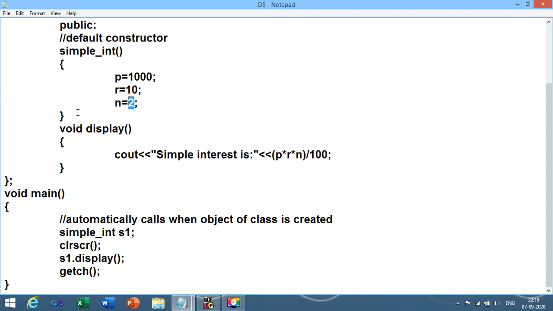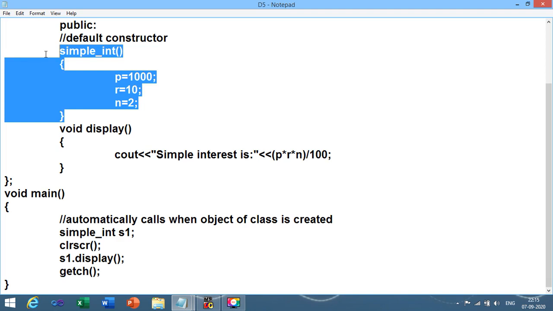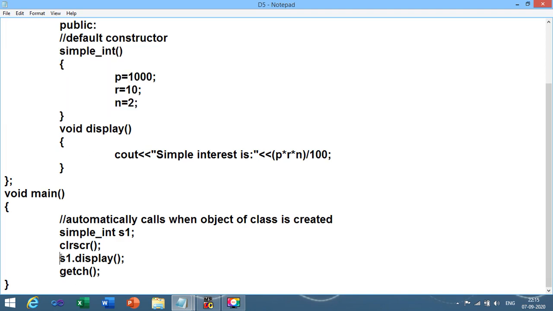In this way the values are initialized using the default constructor, and then we have created the object of the simple interest class and with that object I have called the display function. Inside display we have printed the value of P into R into N divided by 100.